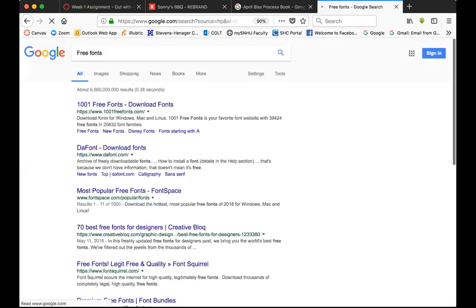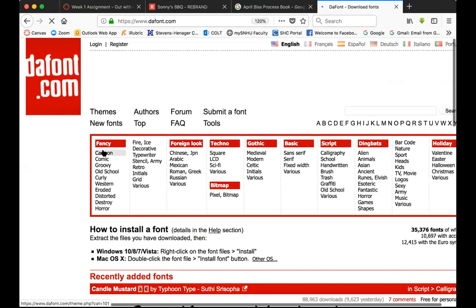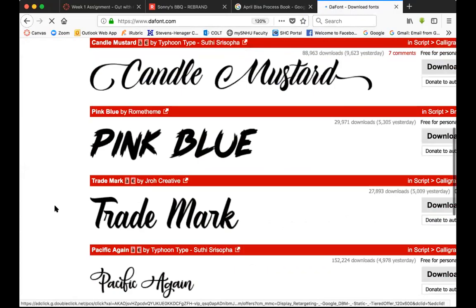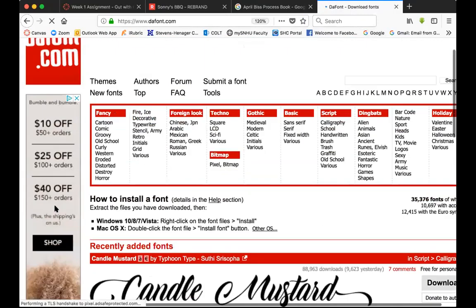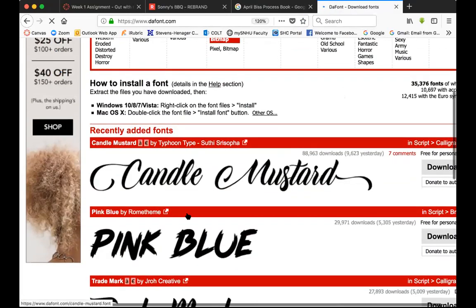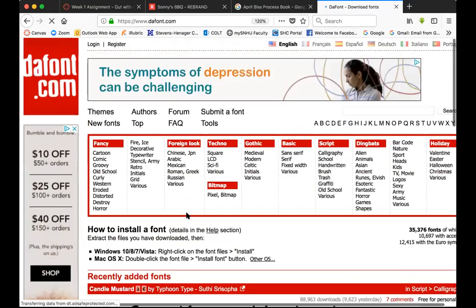So once you start thinking about the direction that you want to go, you can go in and check out how the name would look in some of these fonts.